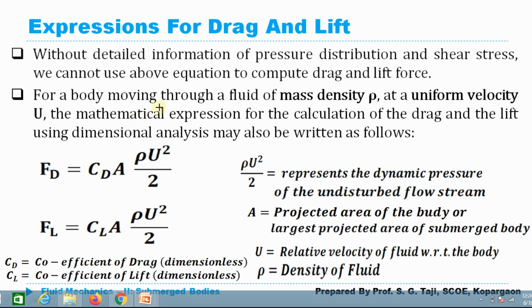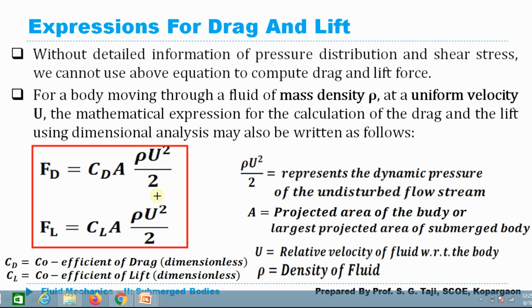For a body which is moving through a fluid having mass density rho, with uniform velocity u, the mathematical expression for the drag force and lift force can be written by using dimensional analysis as: for the drag force, C_D A multiplied by rho u squared upon 2, and for the lift force, C_L multiplied by A multiplied by rho u squared upon 2,